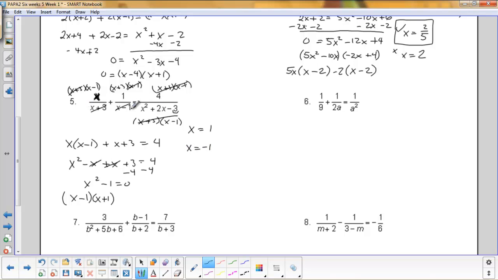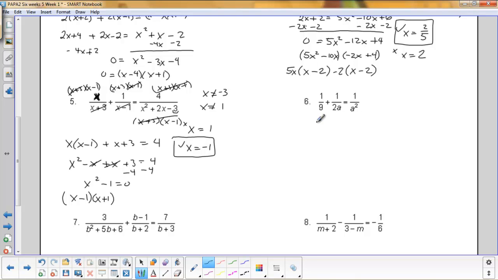We go back to the original problem, determine your undefined values. X cannot equal negative 3. X cannot equal positive 1, so that makes this extraneous. Negative 1 checks out once you plug it back into the original problem, and your solution is only negative 1. Your common denominator here is going to be